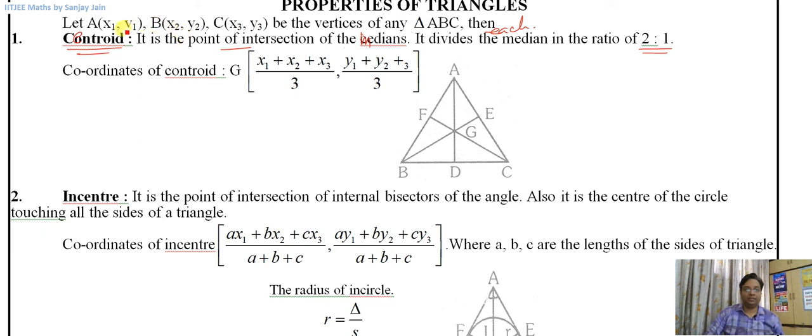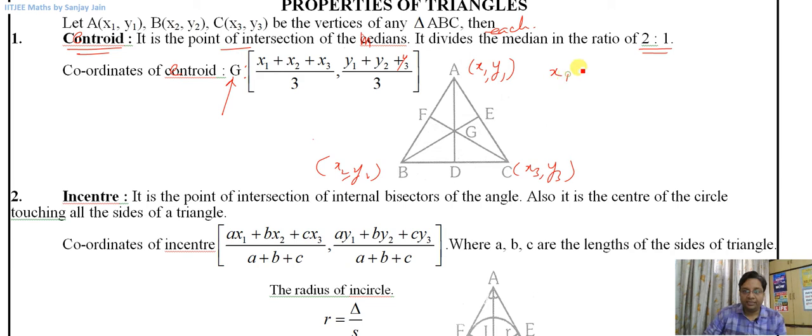And the coordinates of the centroid G are (x1 plus x2 plus x3) by 3, (y1 plus y2 plus y3) by 3, where x1, y1 is the coordinate of one of the vertices. Similarly, x2, y2 and x3, y3. Let us say x2, y2 are the coordinates of this point and x3, y3 are coordinates of this point. What I want to highlight here is